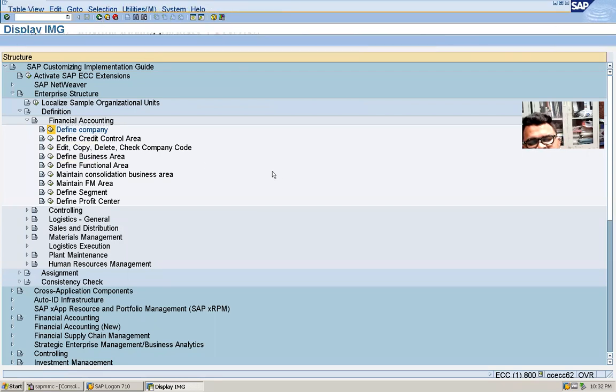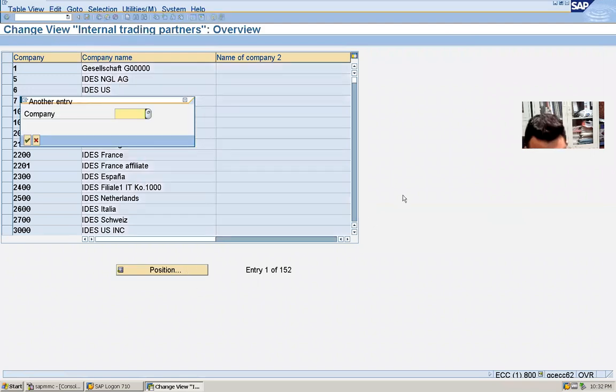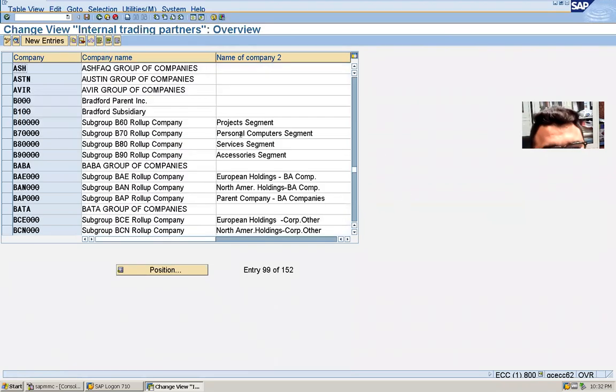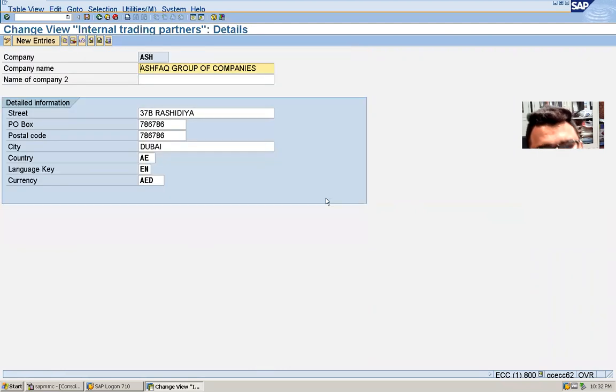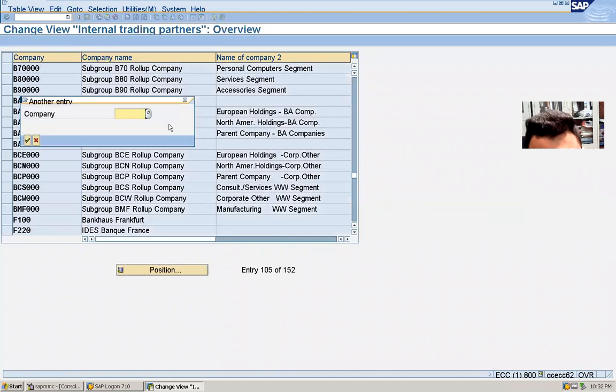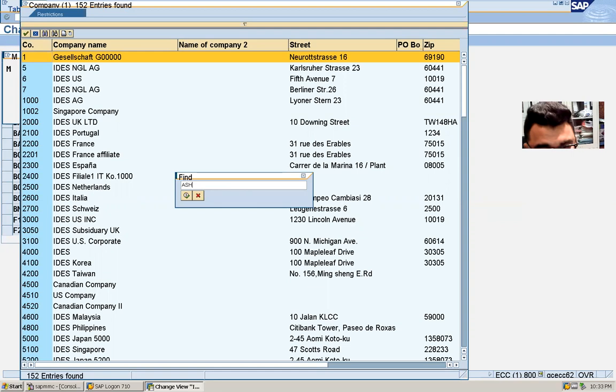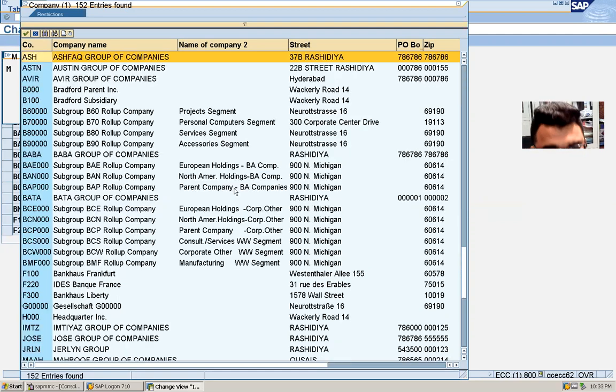Again, if I want to see what I have done, I can come here, click the position button, and you can search with ASH and enter. Double click on it. You will get the details. Suppose you don't remember ASH, click the position button, click this company drop down button, press Control F or this binoculars and type ASH or Ashfaq and press enter.